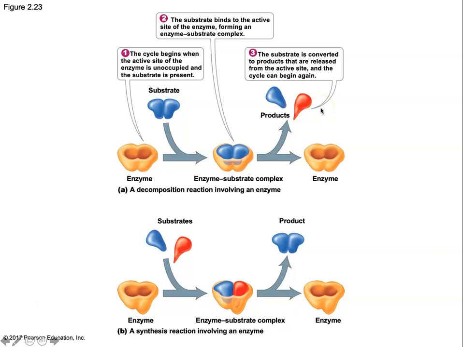So for example, what is the one reaction that we have already mentioned that's used as a degradation reaction for breaking polymers into monomers? Anybody remember what that's called? It's going to be a hydrolysis reaction. Most hydrolysis reactions are going to require hydrolytic enzymes. Enzymes that are going to take the substrate, bind to the polymer, add a water molecule, and split it up and give us our end products, which would be one long polymer chain and another monomer, if this was a hydrolysis reaction for breaking polymers into monomers.